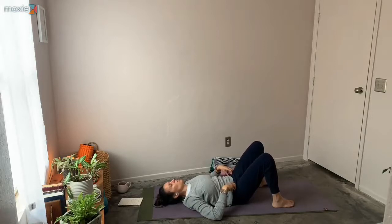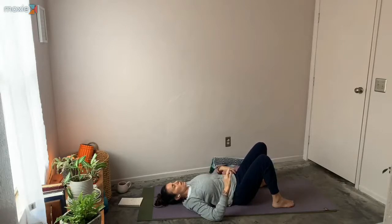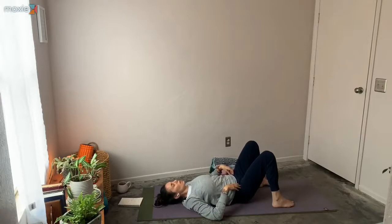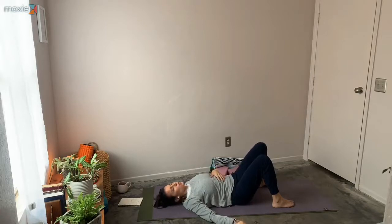And just let your breath guide you and move where it wants to. Maybe you find that this inhale is to the right side of the clock, and the exhale, instead of going front to back, it's okay. Just connect though with that breath. Keep that deep inhale and exhale going as you continue that circling motion,